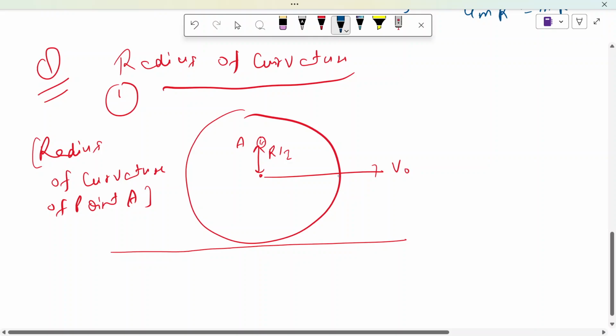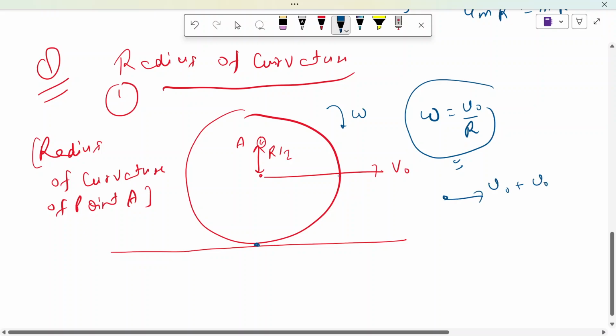If it is performing pure rolling motion, that implies there should be an angular velocity as well, and that is given by omega equals v naught upon r, about the instantaneous rest point. Fine. So this point A has clearly a velocity of v naught plus v naught by r multiplied by r by 2. That is 3 v naught by 2. Fine. So it has a velocity of 3 v naught by 2. And of course, the acceleration provided to the particle,